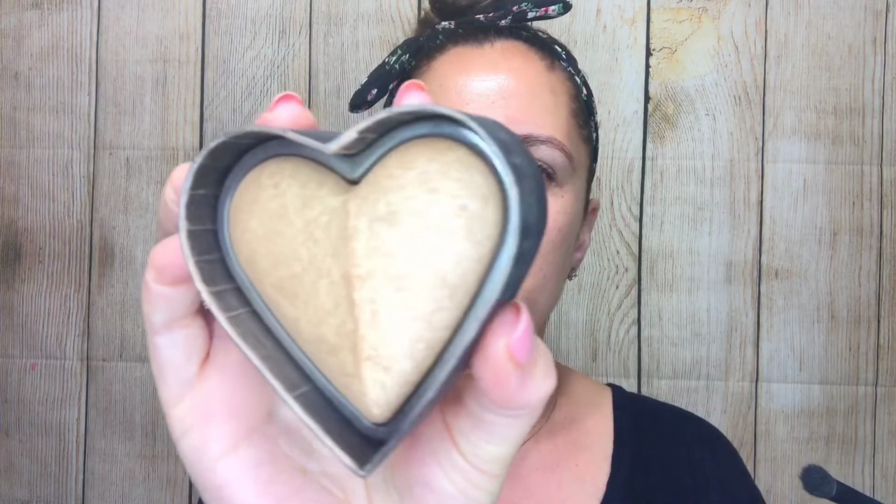How beautiful is this bronzer? Let's show this heart again. Now, this is the one I apply on my eyelids because this is the... It gives it a...